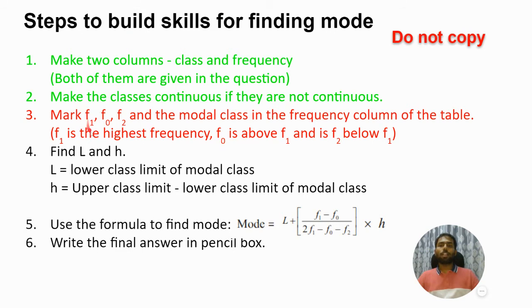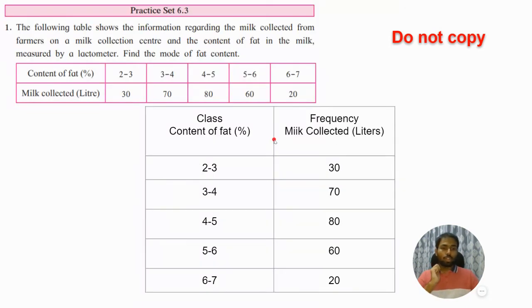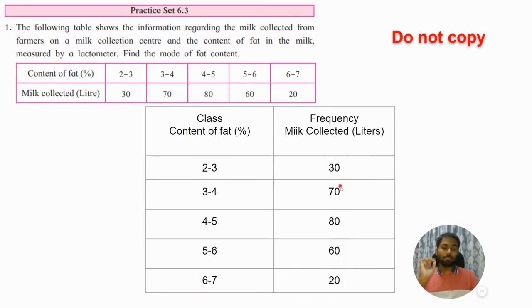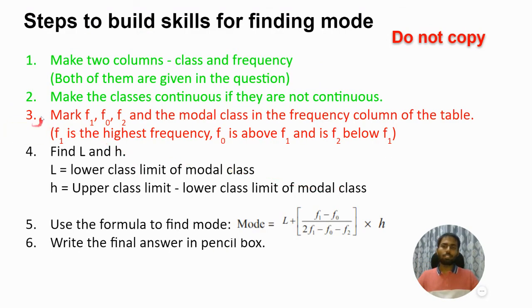Third step, mark f1, f0, f2 and the modal class in the frequency column of the table. Okay, what do we have to mark? f1, f0, f2 and the modal class. So how do you do that? To mark all this, you have to check the frequency column. This is the most important step of this particular sum. If you can do this third step very well, this type of question is very easy to solve. So make sure you're paying attention